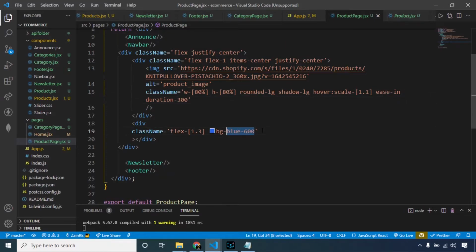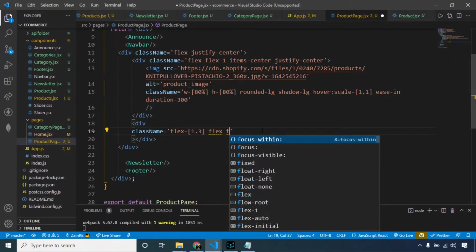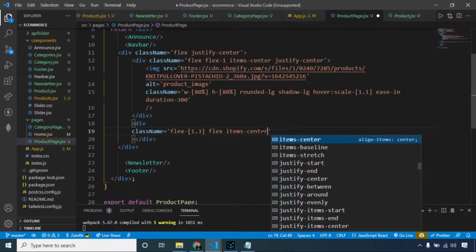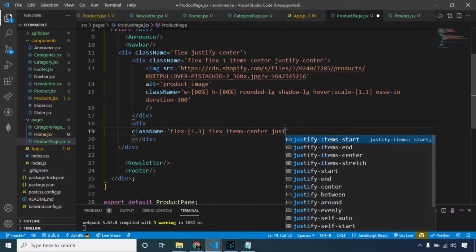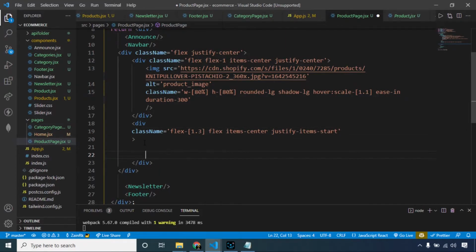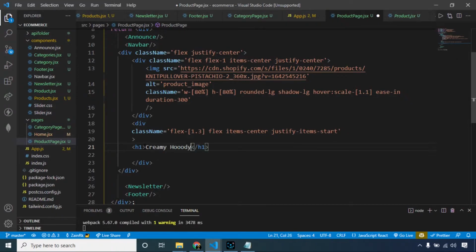First of all, I will remove the blue background color, and I will also make it display flex, align items center, and justify items start. Inside the div, first of all, I am making the title of our product, like creamy hoodie, 100% original cotton.